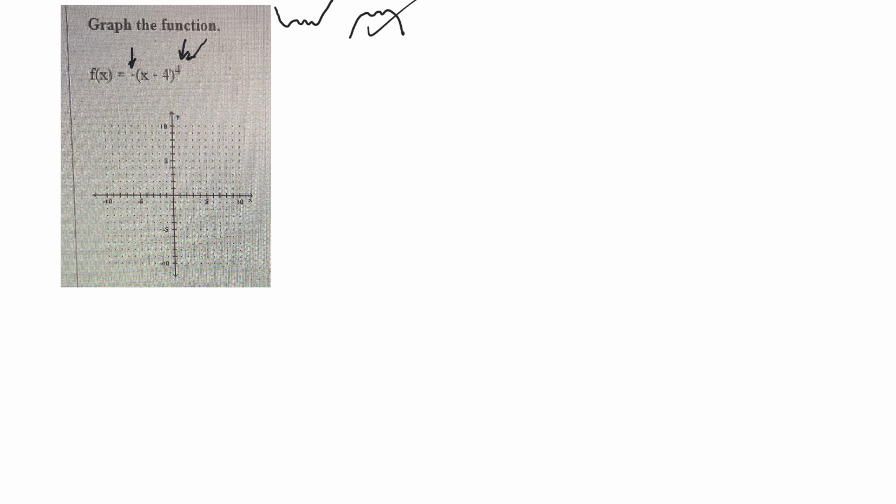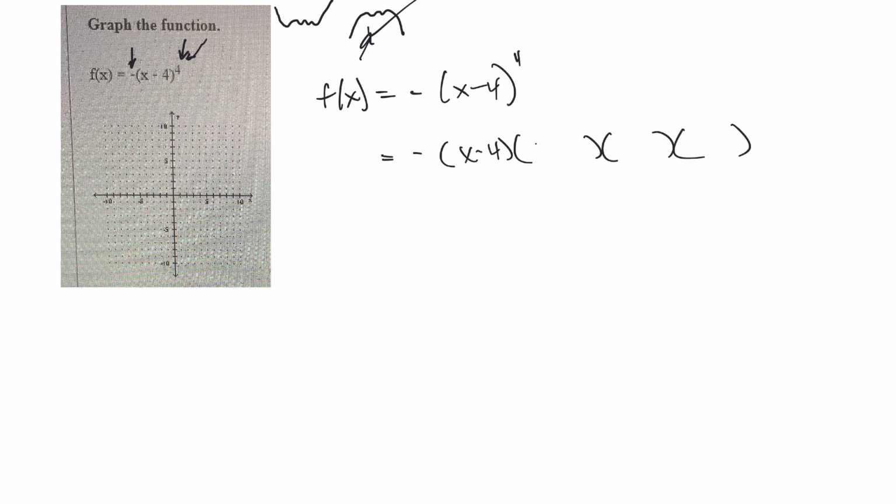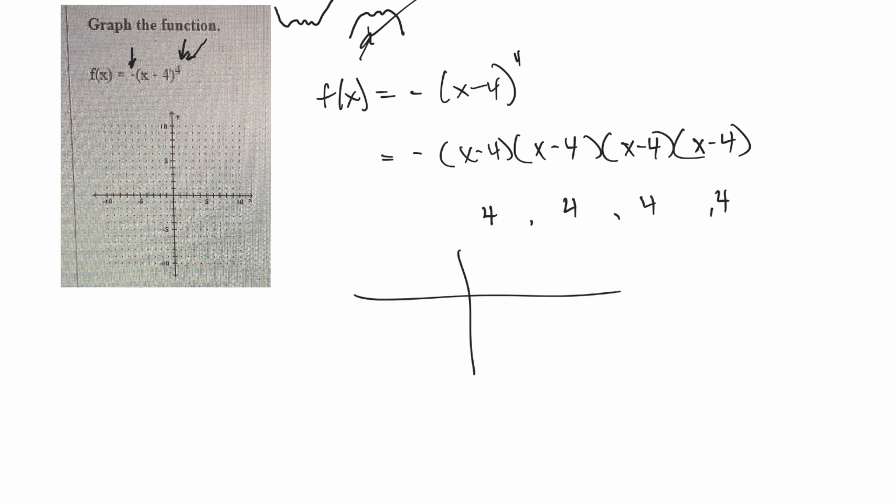So when I graph it, I have to make this kind of imposition on it. So now the function is f of x equals negative (x minus 4) to the fourth. You could rewrite that as four factors of (x minus 4). But for each one of those, you're getting a zero at 4, right? So at x equals 4, right over here somewhere,